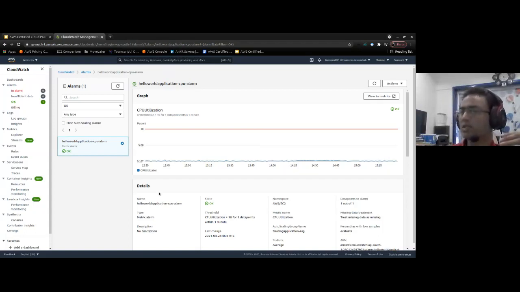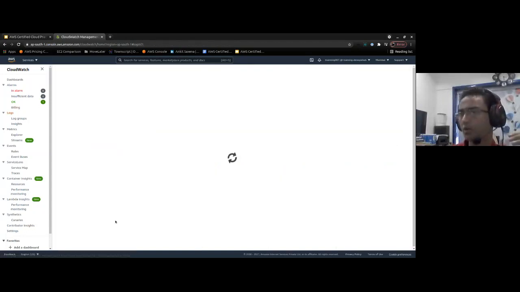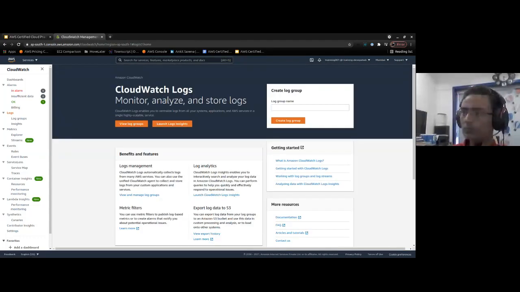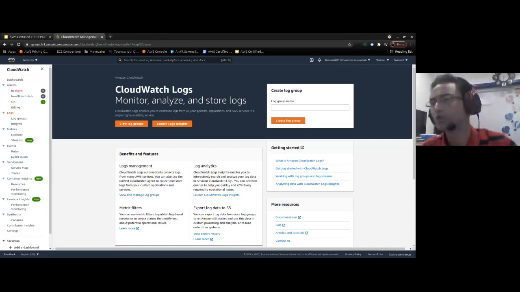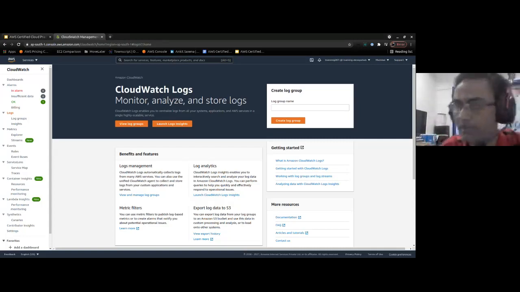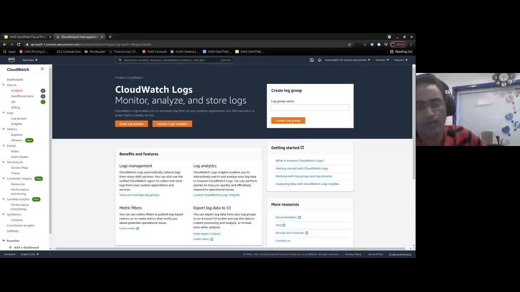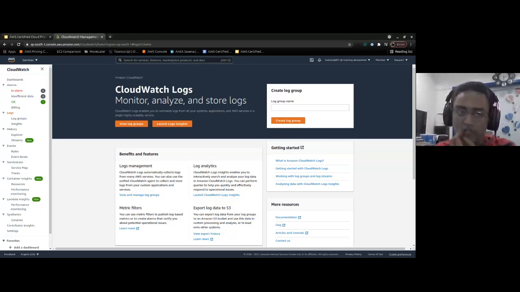So this is alarms. The last thing we can look at is the group logs, right? So right now I don't have logs configured. So this is something which doesn't get automatically configured. Okay, so we will have to configure it. So how to configure it? Wherever we want to have logs coming to, for example, we have different EC2 servers, we have web servers running over there, applications, and I want my logs to come over here. So I will have to install some agents on my servers through which those logs can be streamed into